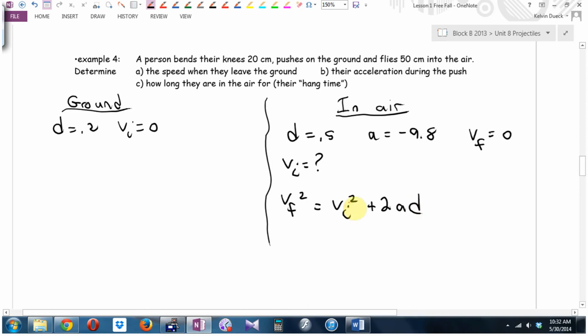Okay. How would I get the VI by itself? Minus 2AD, and then? Okay, so I think VI is going to be VF squared minus 2AD, and then square root,